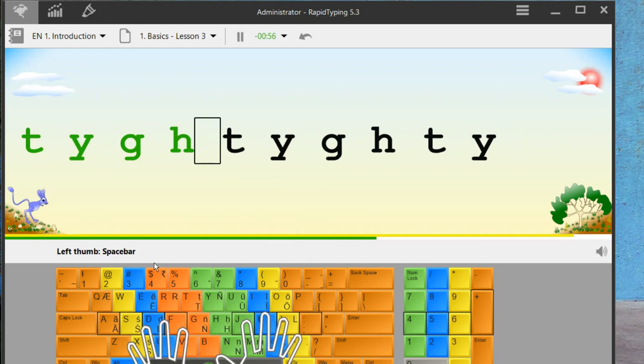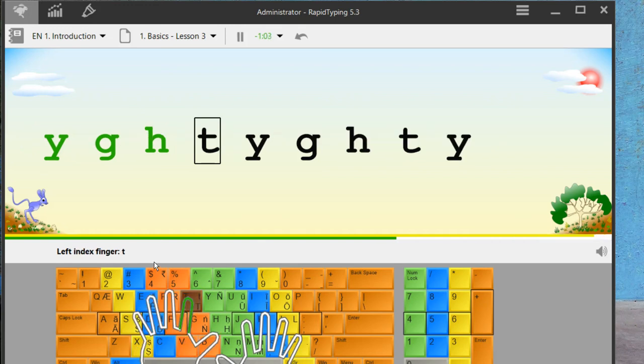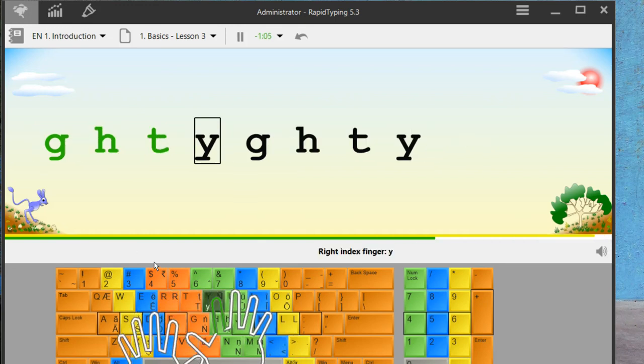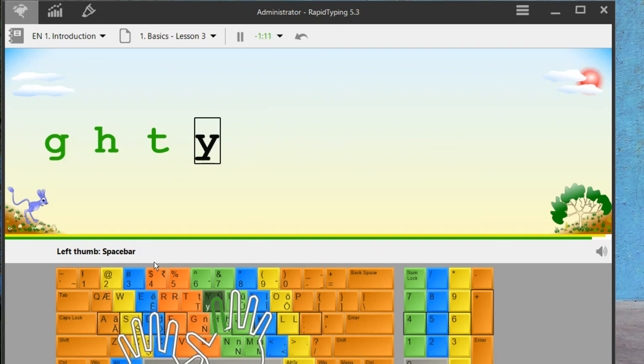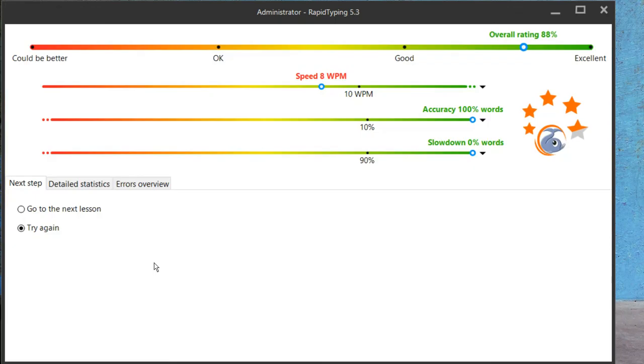After typing all the alphabets you will get a different lesson. Here I will quickly complete all the alphabets so that we can go to the performance report, and then I will tell you another important thing.